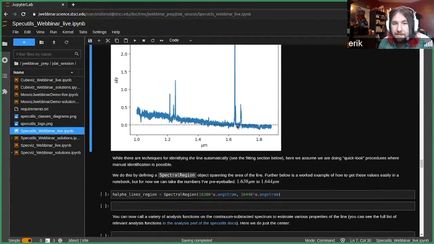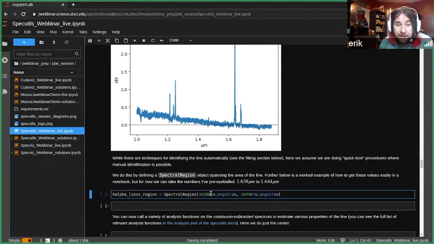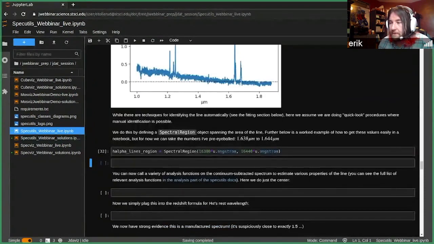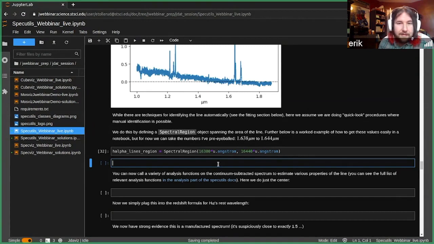So now the next thing I need to do is identify where this line is for me to be able to do any centroiding. So I've done that in advance just to speed things up between these values. But you can see later on in the notebook if you want a way to do this in the notebook. An alternative answer is to use Specviz. That's not in this notebook, but you're welcome to do that too, because it's probably much more efficient if you're already willing to use Specviz. Then let's see, what's the next thing I'm doing? Oh yeah, so just to, again, jump around here because of time,